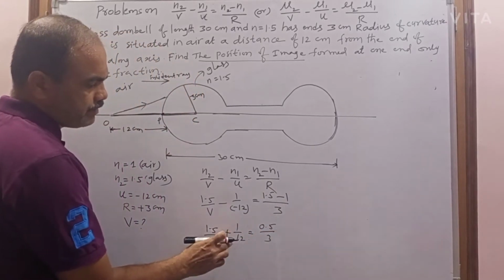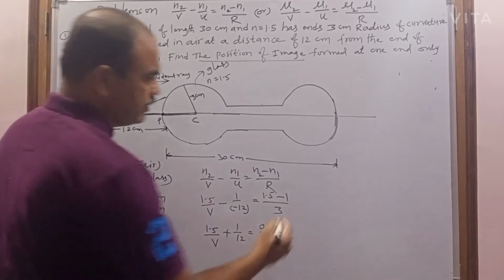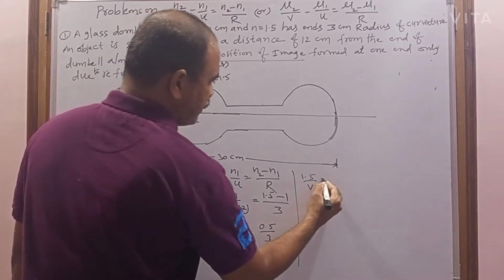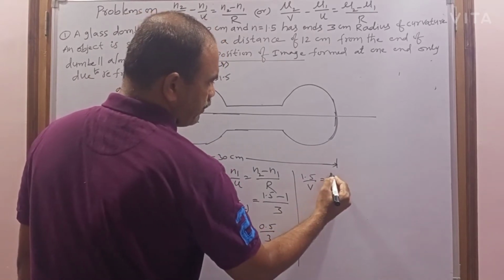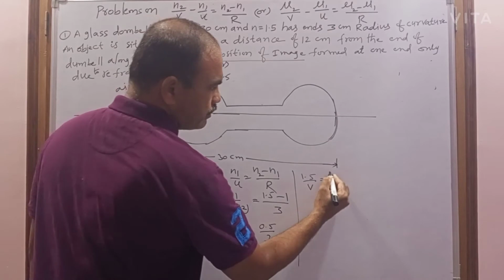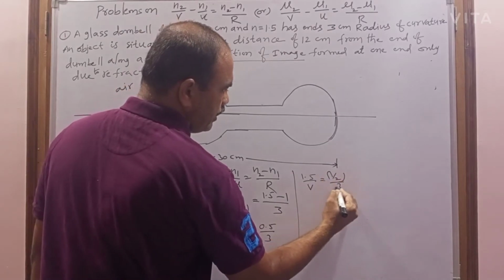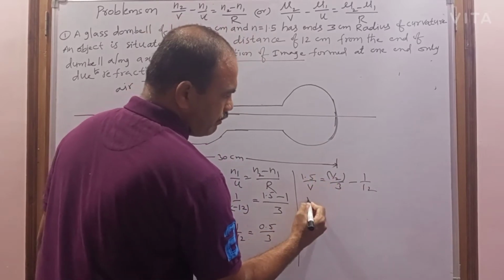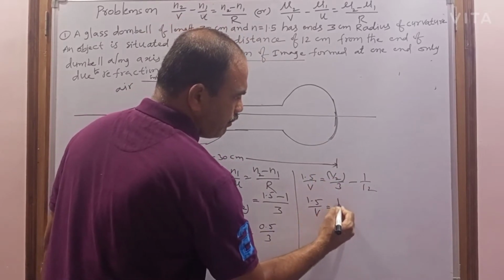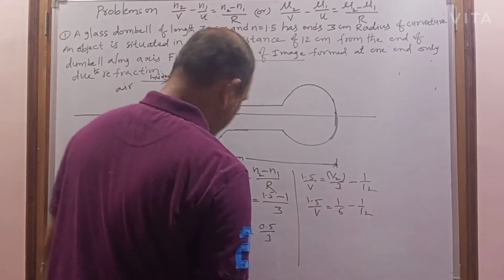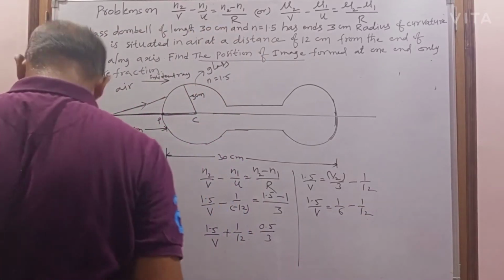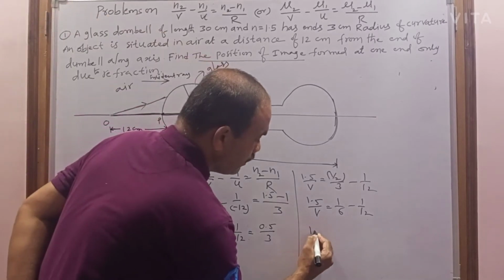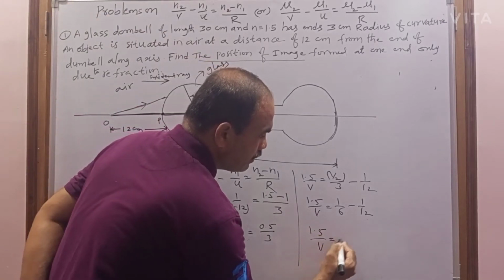When I bring this plus 1 by 12 to the right side, it becomes minus. So 1.5 by V equals 0.5 by 3. 0.5 means 1 by 2, so 1 by 2 divided by 3 is 1 by 6, minus 1 by 12. So 1.5 by V equals 1 by 6 minus 1 by 12. Now when you simplify, what do you get? When you do the LCM,